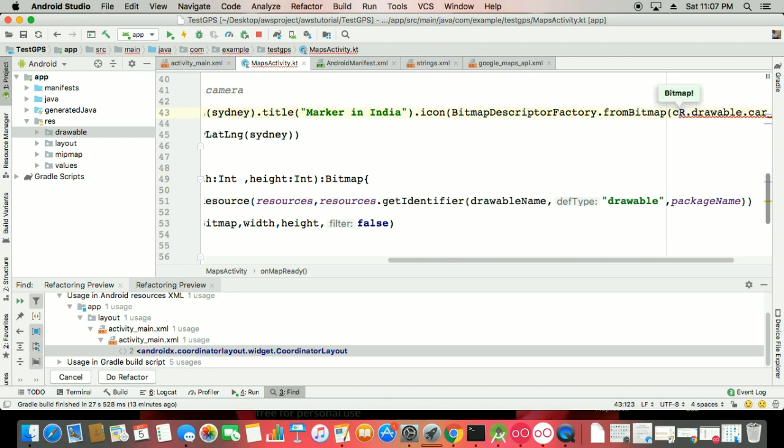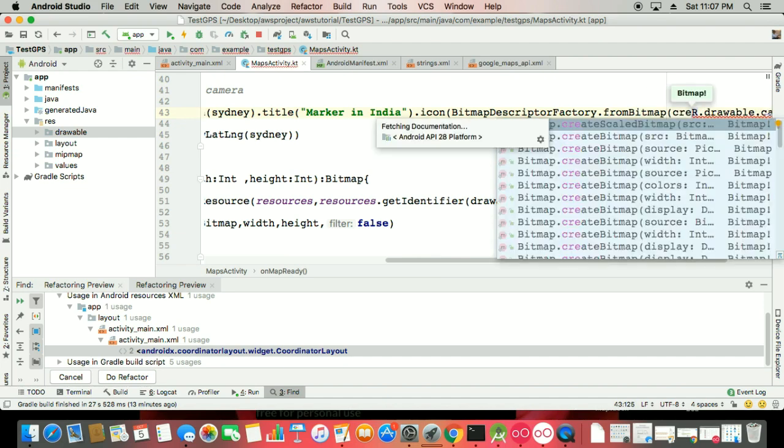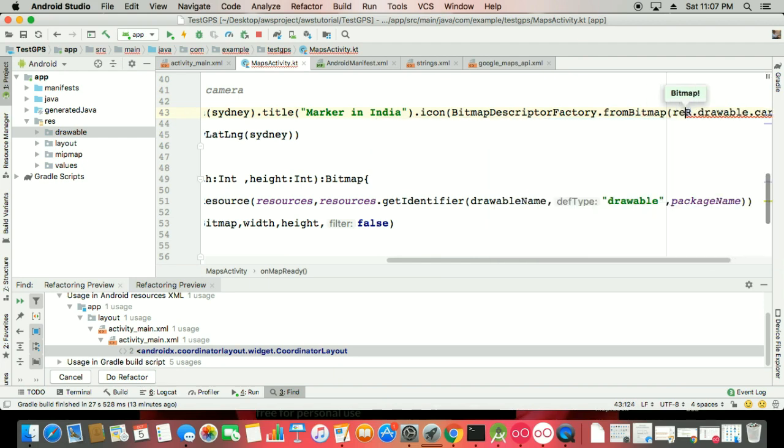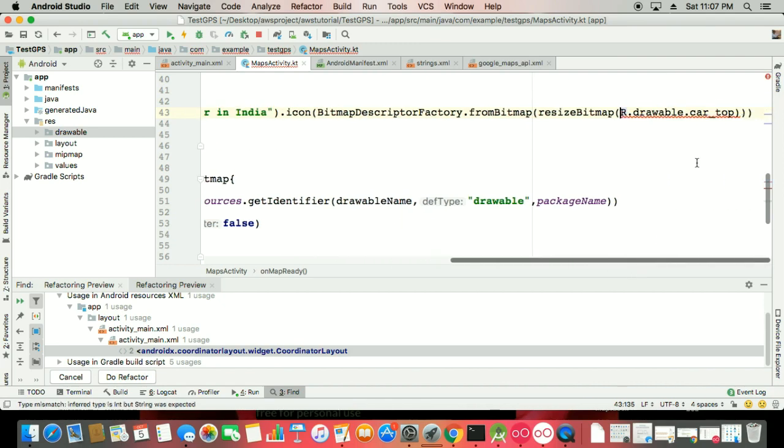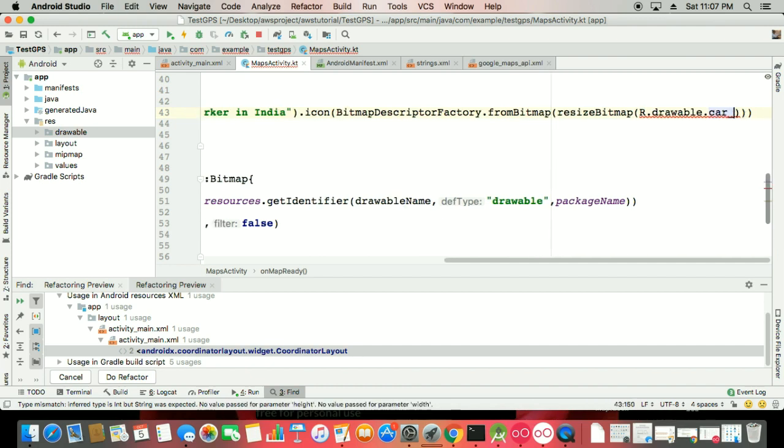I want to make this function, that is your resize bitmap, and here I'm giving the name of my bitmap drawable name,